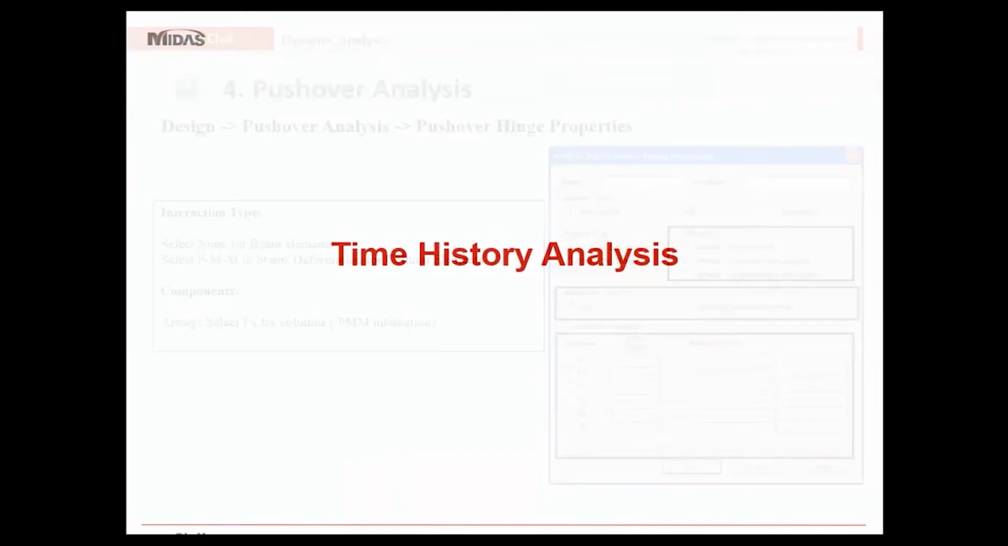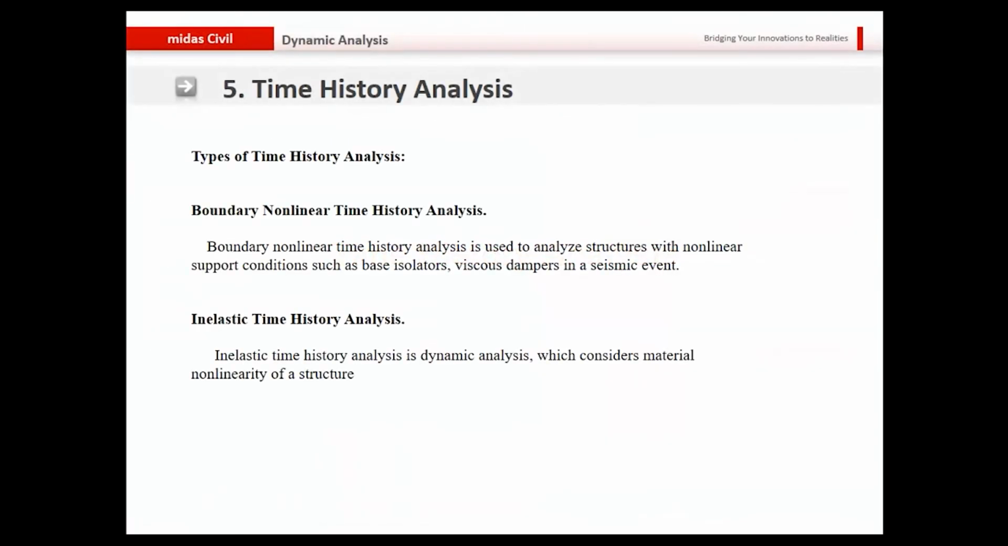Then we have the time history analysis. For the time history analysis, we have two types. We have the boundary nonlinear time history analysis, and we also have the inelastic time history analysis. Boundary nonlinear is used to analyze structures with nonlinear support conditions, such as base isolators or viscous dampers in seismic events. Those support conditions are what is called control systems